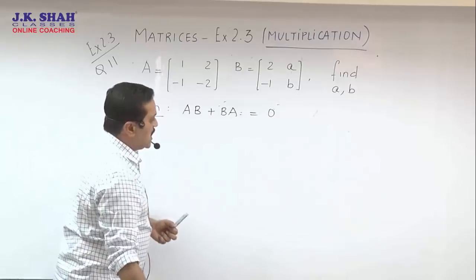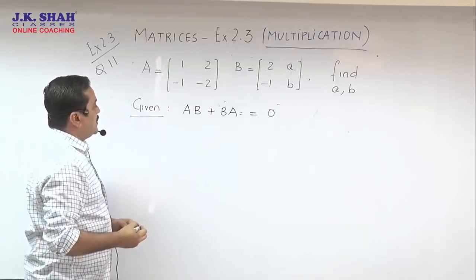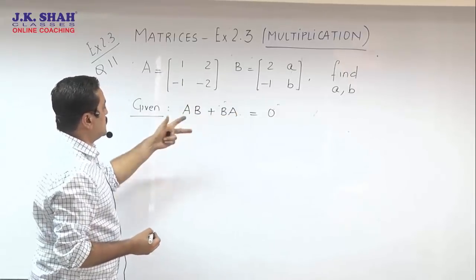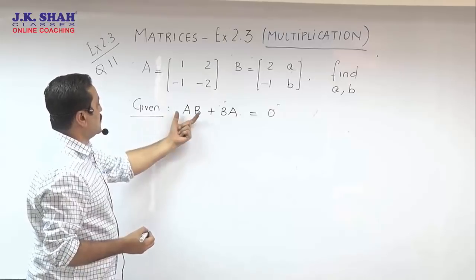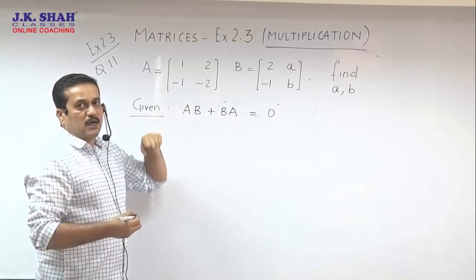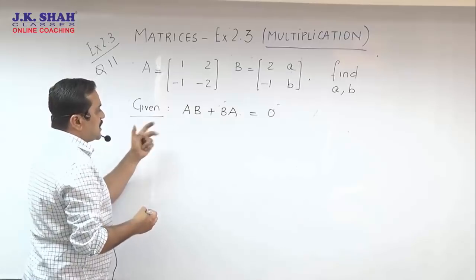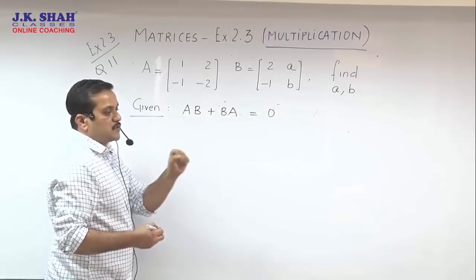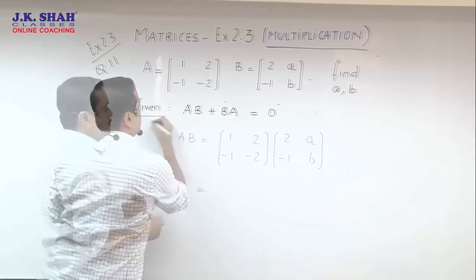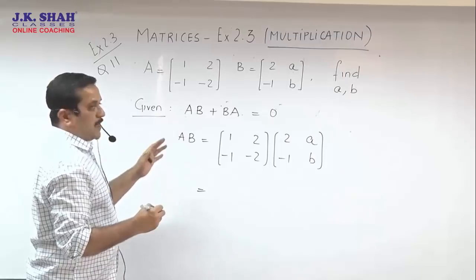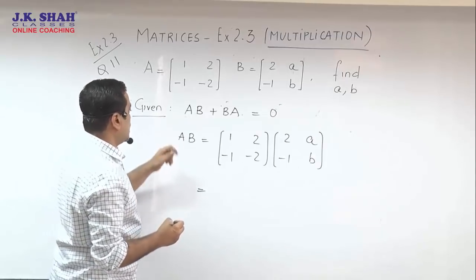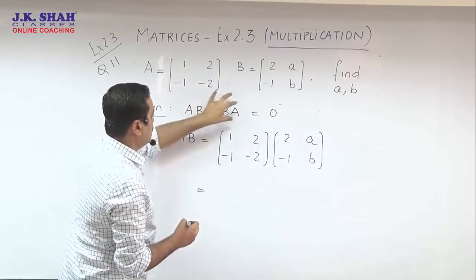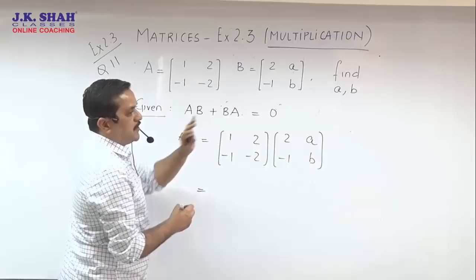So now once again I'll request you to be ready with your paper and pen. Now we have simplified to that, so we'll be working on that. We have two multiplications right now on the board. We have to work out AB and we have to work out BA also. So when I start AB, I would prefer you pause the screen and you also do it for yourself. That's what we had spoken about a few minutes ago. Like in all my sums, as we have decided, we are going to do part by part. We work out AB first, we work out BA, and then we'll add it and equate it to the null matrix.